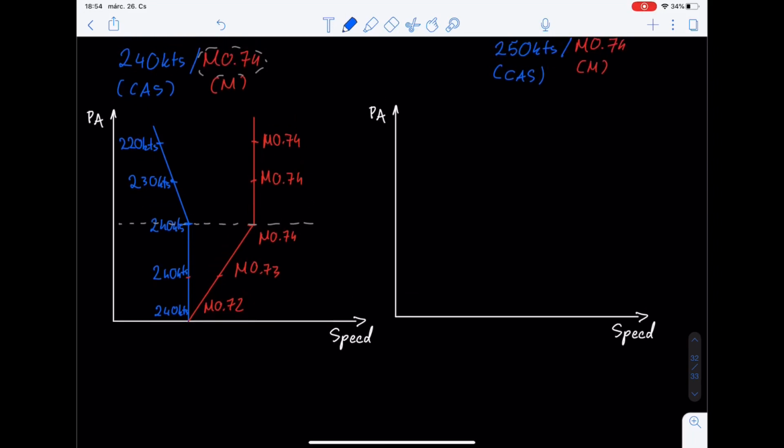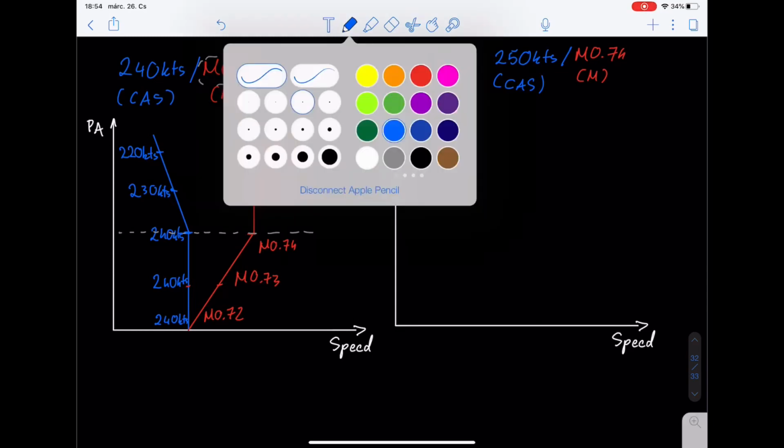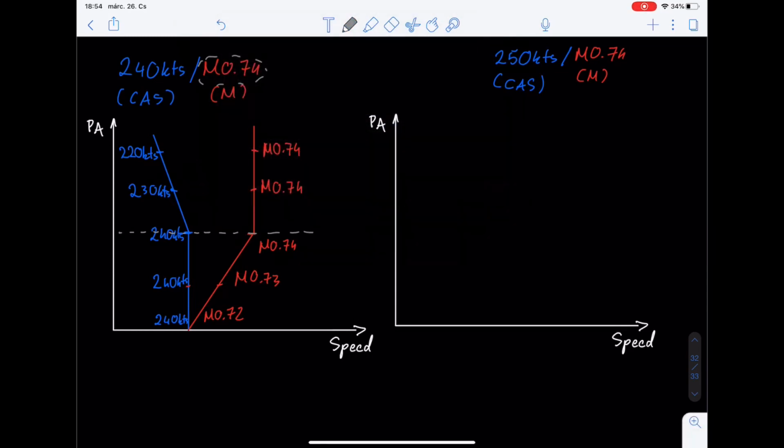Okay, so this was the changeover altitude, this one. Okay, so what happens if my calibrated airspeed is, like, somewhere here we had the 240, so let's say 250 begins somewhere around here. So I start to climb with 250